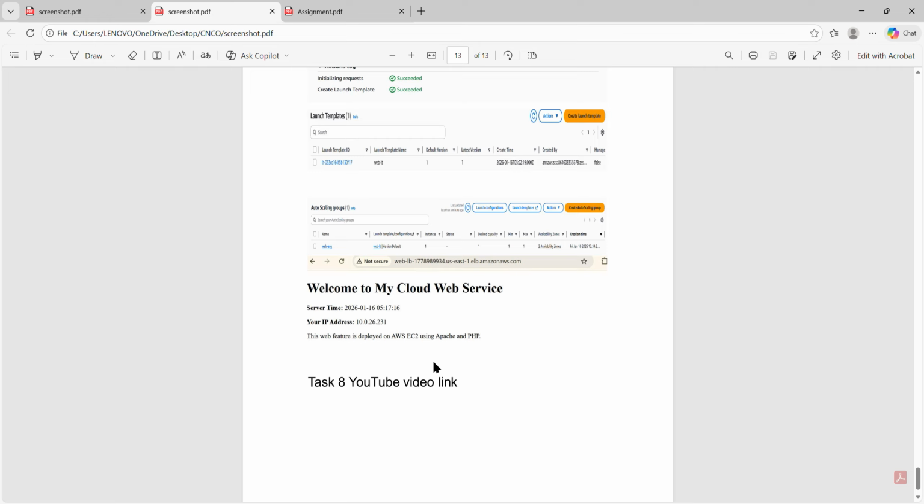Finally, the personal reflection and learning outcome. Through this assignment, I gained hands-on experience in designing and deploying cloud infrastructure using AWS. I learned how multiple AWS services integrate together and how to design systems that are scalable and secure. One major challenge was dealing with the service permission restrictions in the lab environment. I addressed this by focusing on correct architecture design and AWS best practice rather than